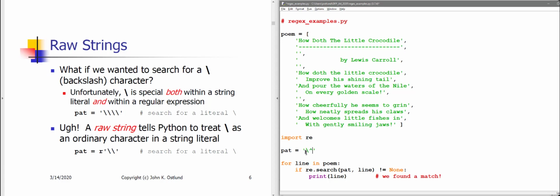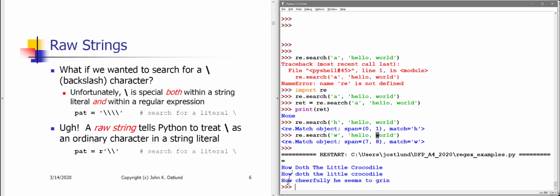Actually, the situation is not quite that easy, because recall that backslashes are used for other purposes as well in strings in Python. For example, if I say s gets hello \n world \t